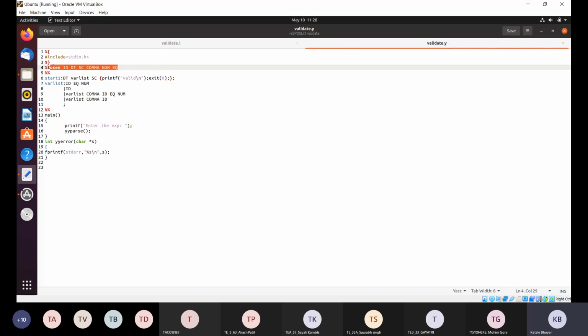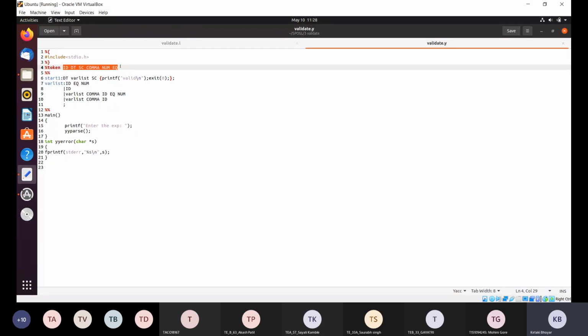Now see what we have done here: we have generated all these tokens in the .l file, that is id, which is the name of the variable, and dt, which is the data type. We have defined what all the different data types are in the .l file, and we are going to take the tokens as they are from the .l file.